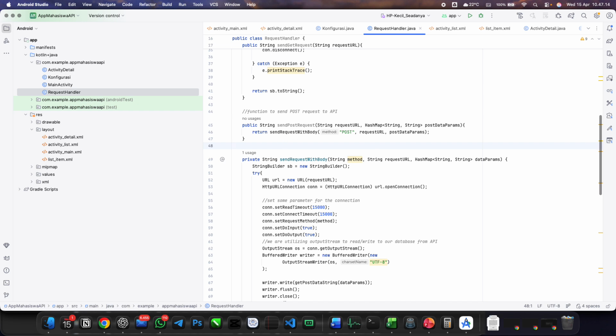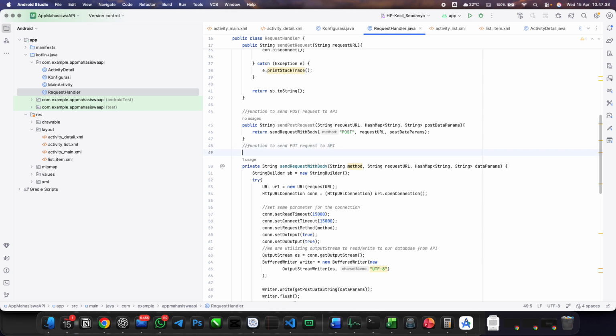this part, the send post request to API. There will be send put request and also send delete request. So now we will create new functions to send put request to API.